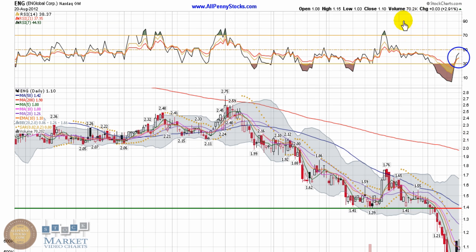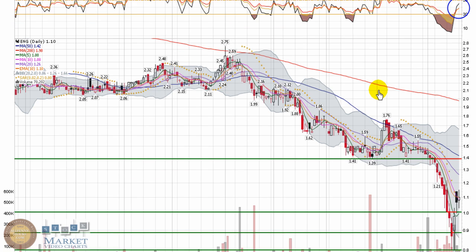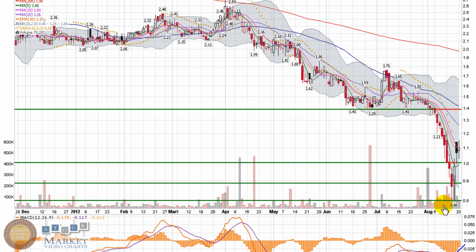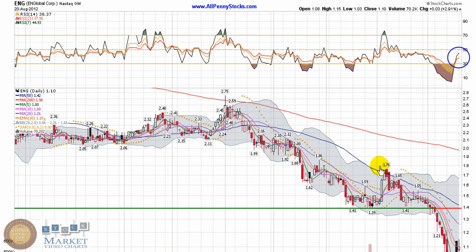Volume in the play, 72,000 shares, a pretty thinly traded stock. I did not take a look at the share structure, but 70,000 shares would actually be a pretty decent volume day for this stock. So I'd look for that volume to try and stay stable around these areas. If it wants to pull back, I'd want to see volume diminishing even more. And then on any upward pressure, I'd look for a volume spike to show that people are seeing it as a buying opportunity. Those are the type of things that I'd be looking for in the ENG chart,